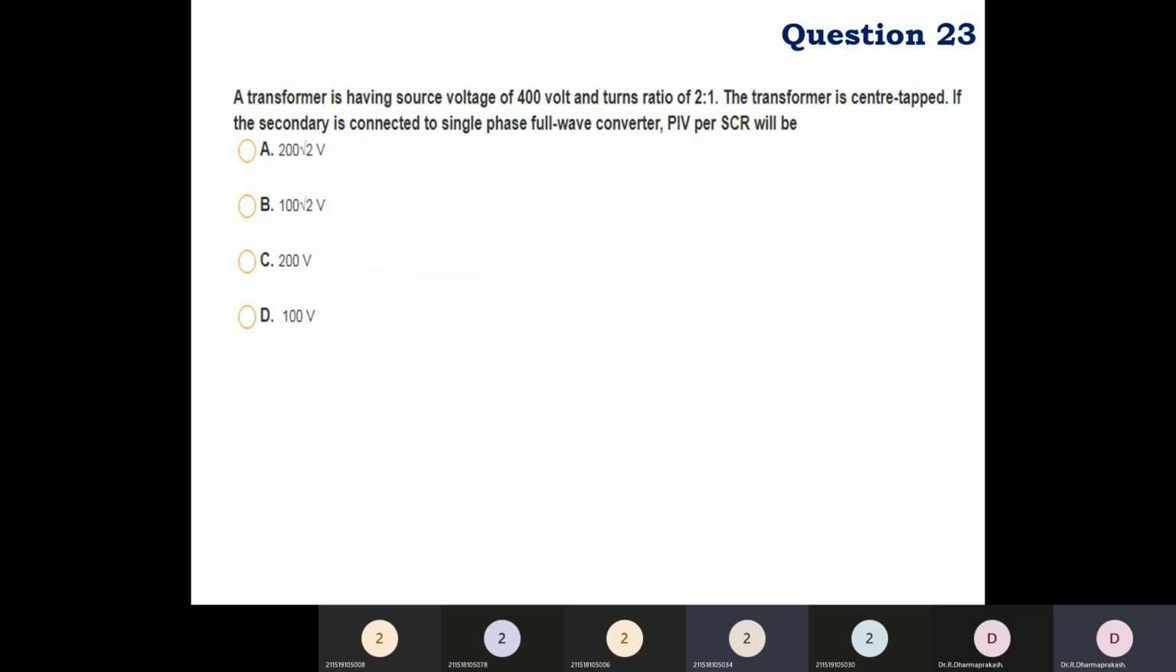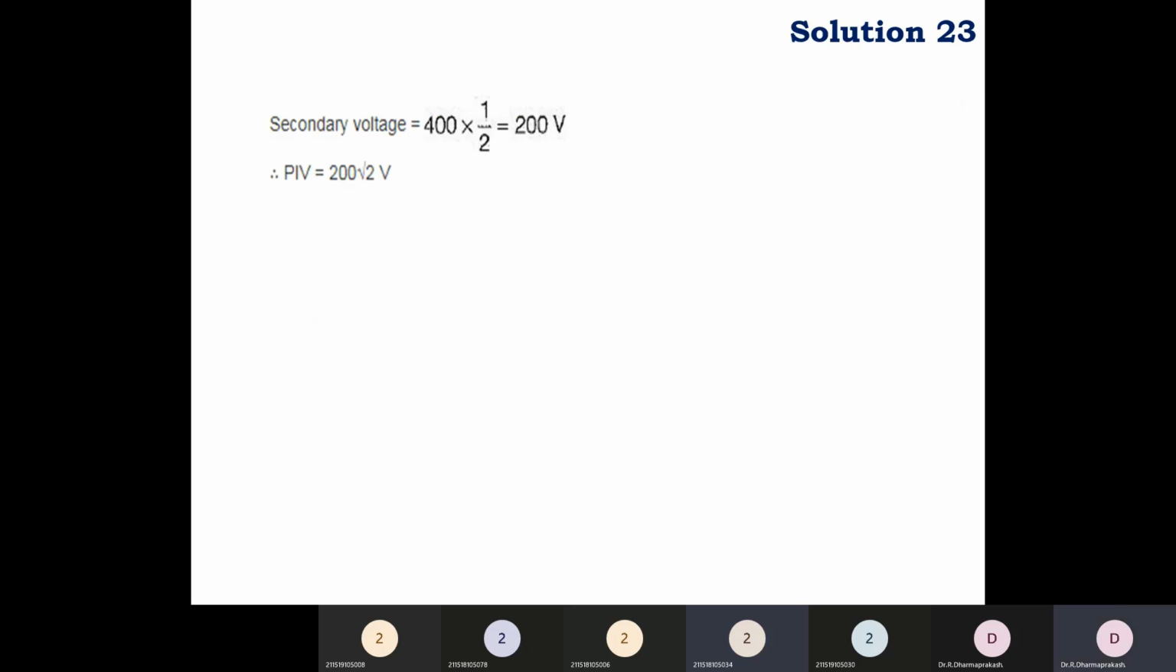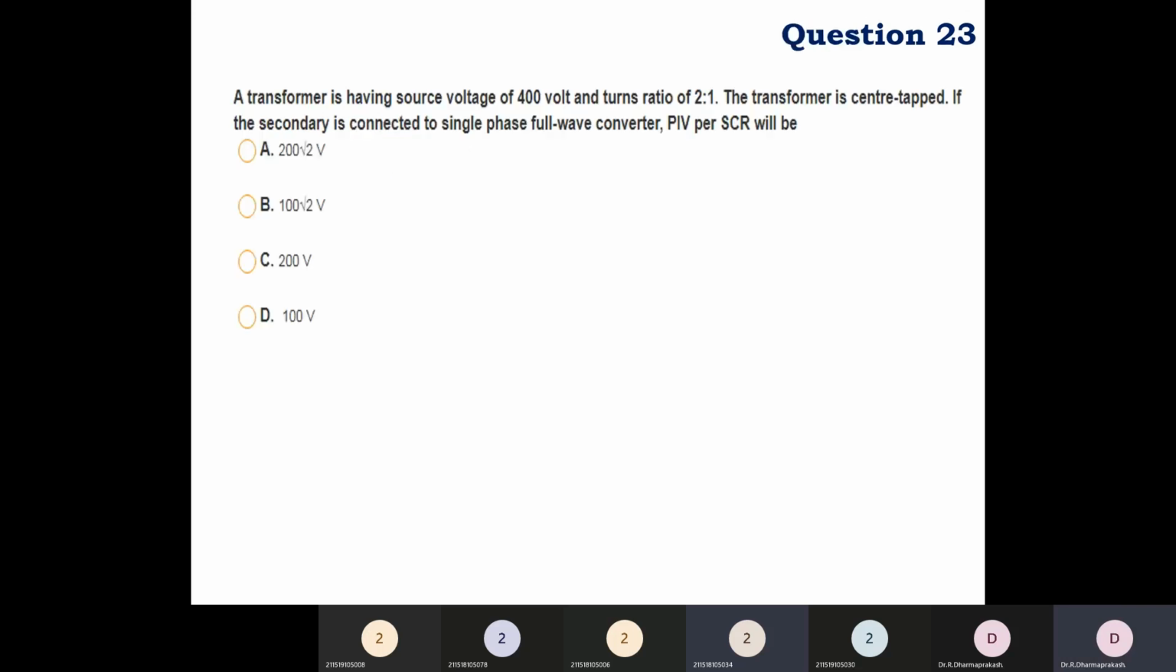A transformer has a source voltage of 400 volts and turns ratio of 2:1. The transformer is center tapped, and the secondary is connected to a single-phase full-wave converter. Peak inverse voltage of SCR will be equal to, so here it is equal to 400 into 1 by 2, that is 200 volts. The peak inverse voltage will be equal to 200 into root 2. That is, option A is the